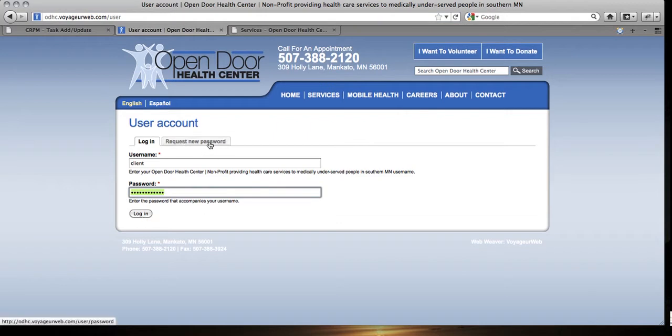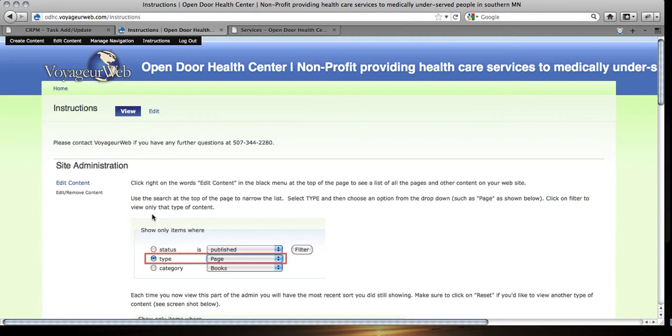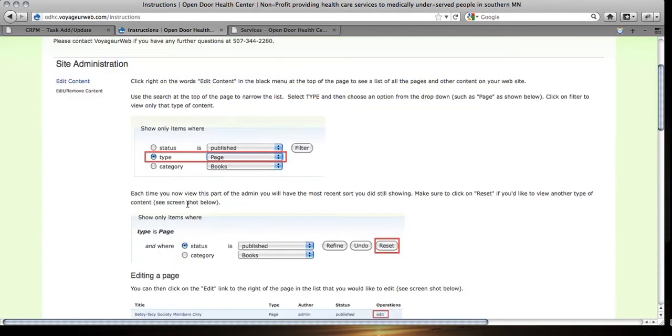If you forget your password, click on Request New Password. You'll be able to type in an email address and it'll send you an email message that'll help you to get your password reset. Once you log in, you're going to come to an instructions page, and this walks through